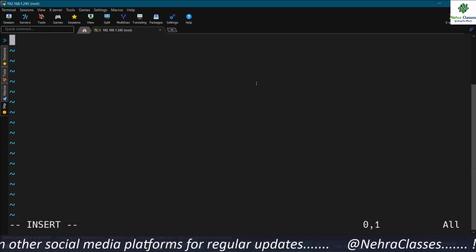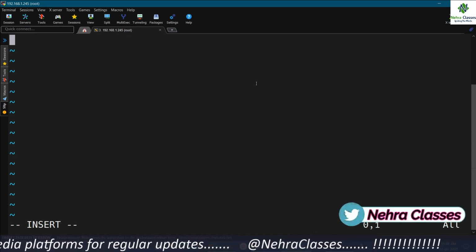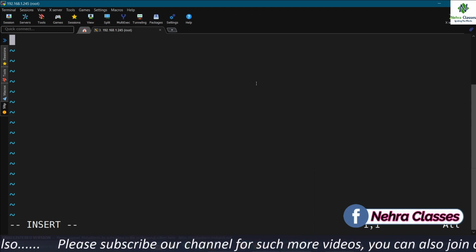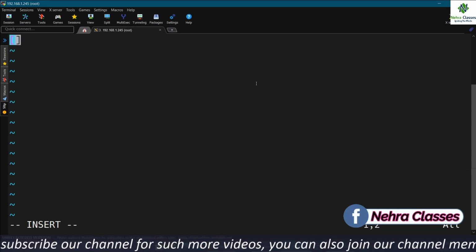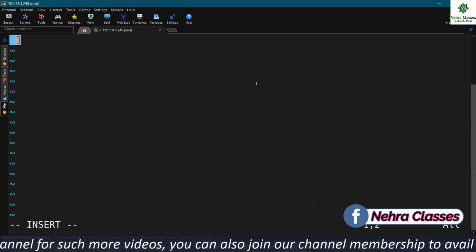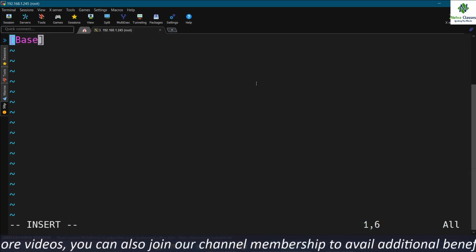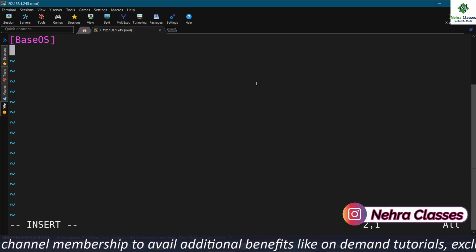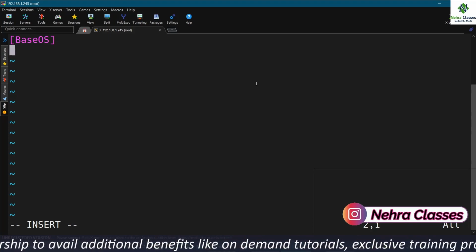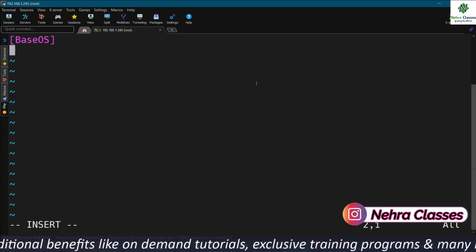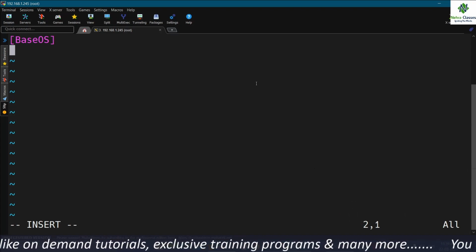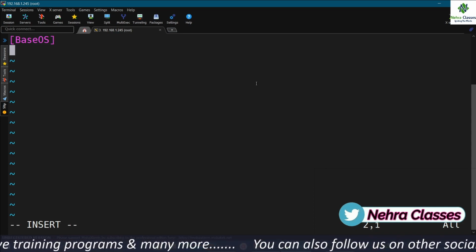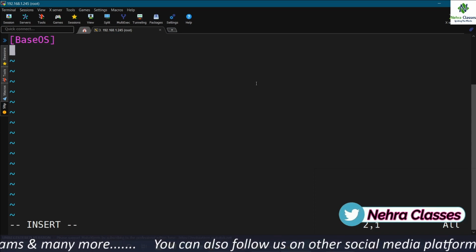After that go in the insert mode, and you have to mention the details exactly like this. First of all we will write the name in the square brackets. There you can mention any name. I will mention here BaseOS. In RHEL 8 there are two separate streams for the packages. One is the BaseOS and the second one is the AppStream, while in RHEL 7 we were using only one directory to contain the packages. Here the packages are separated in two different directories.